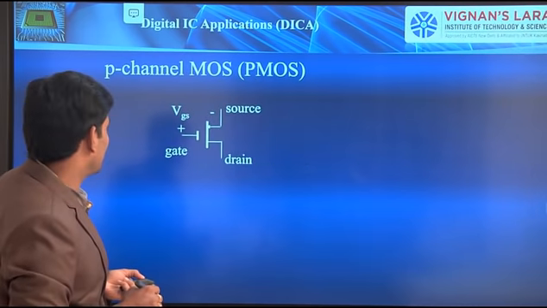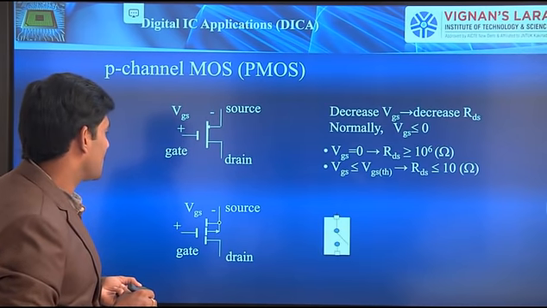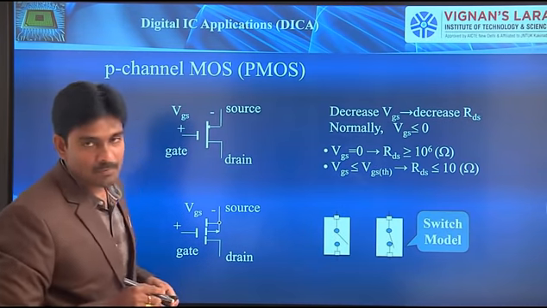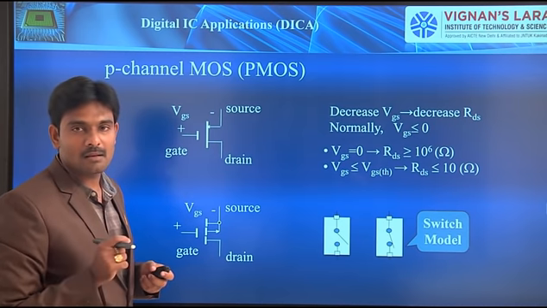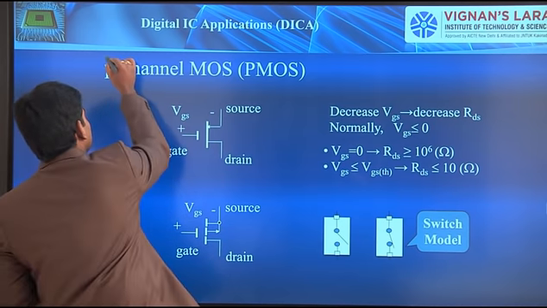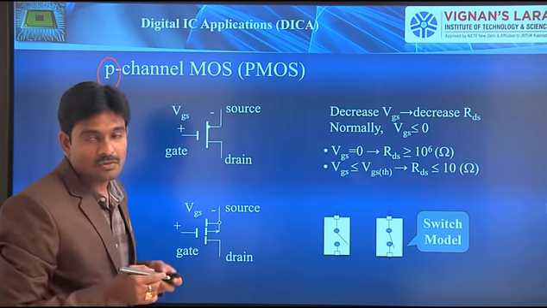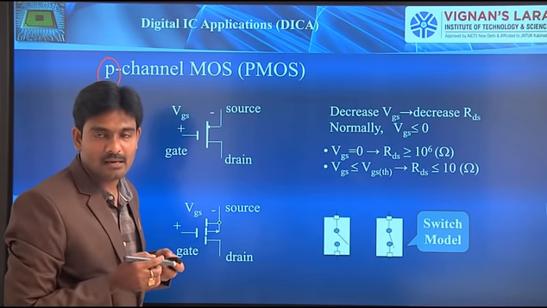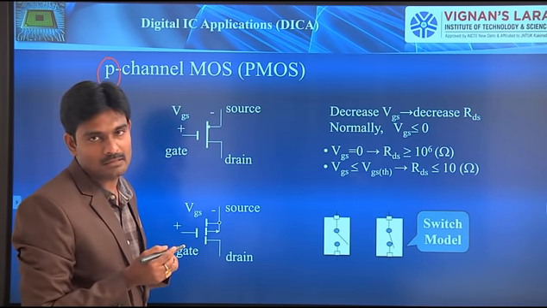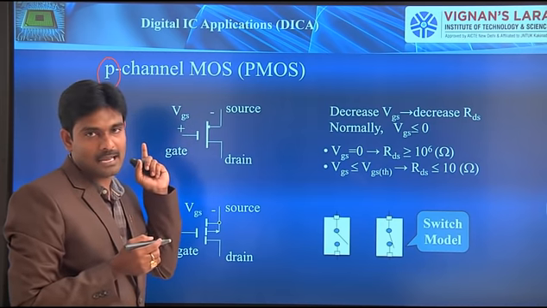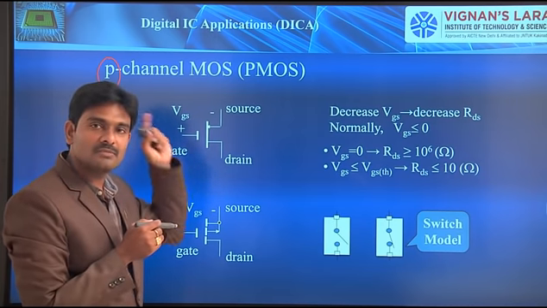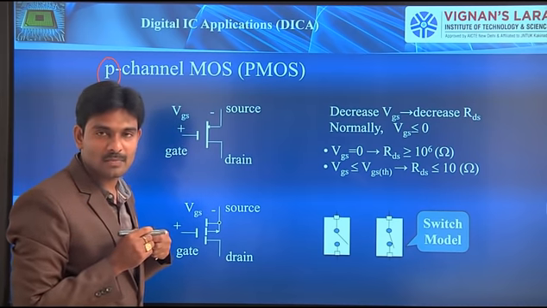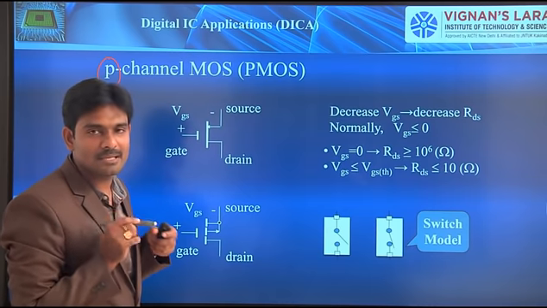Next, another type is P-channel MOS. The second type of MOS transistor is P-channel MOS. As I mentioned previously, P indicates the type of semiconductor material that we use to realize the resistive controlled terminals. In the previous case that is N, meaning source and drain are both realized with N type. While coming to this one, both source and drain we can realize by means of P type. So that is the major difference.